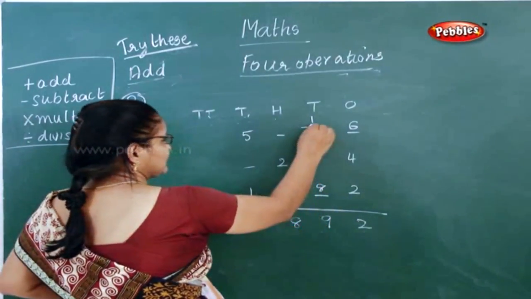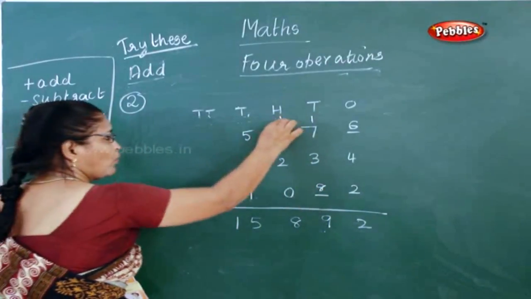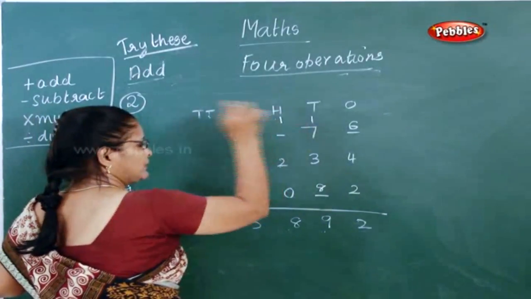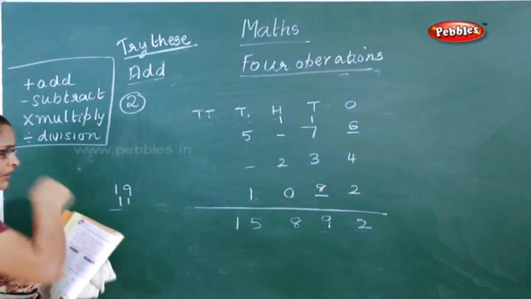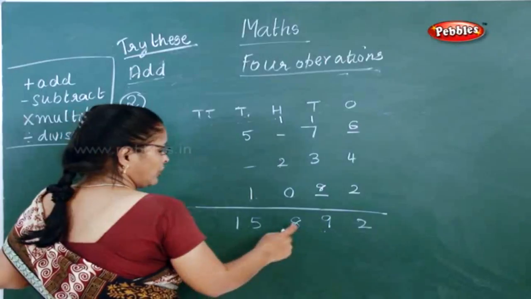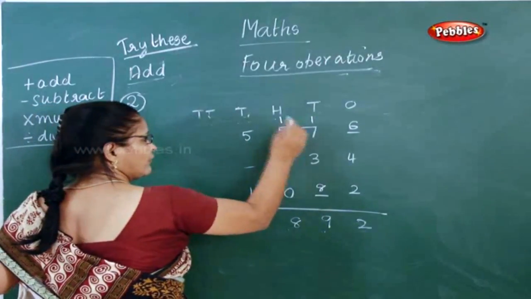Then see, count: 7 plus 1, 8, 11, 11 plus 8, 19. Then you have to put 1 here. Now here 8 is given. Now 2 only is given. 2 plus 1, 3 only. And 0 is given. That means what is the remaining number you have to write here. See 2 and 1 is given, dash here 0. So 8 is given. That means 8 minus 3 is what? 5. You have to put here 5.